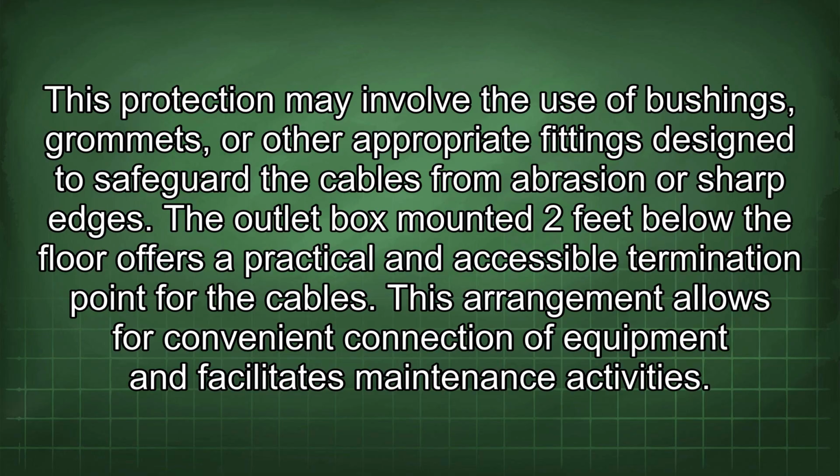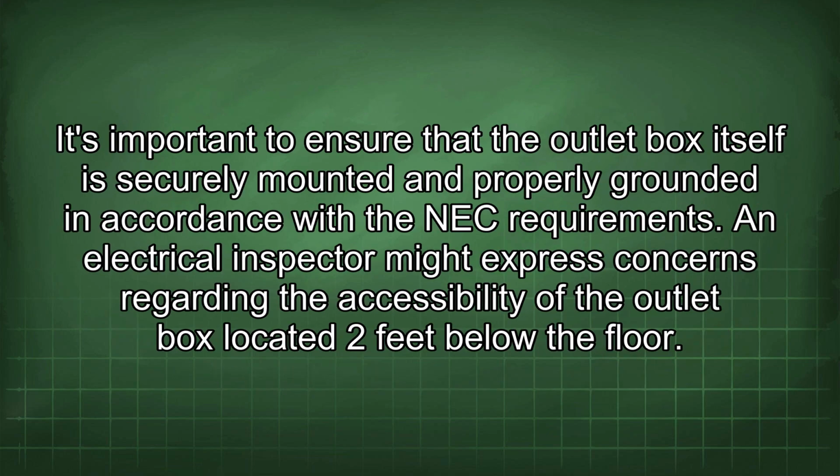This protection may involve the use of bushings, grommets, or other appropriate fittings designed to safeguard the cables from abrasion or sharp edges. The outlet box mounted 2 feet below the floor offers a practical and accessible termination point for the cables. This arrangement allows for convenient connection of equipment and facilitates maintenance activities. It's important to ensure that the outlet box itself is securely mounted and properly grounded in accordance with the NEC